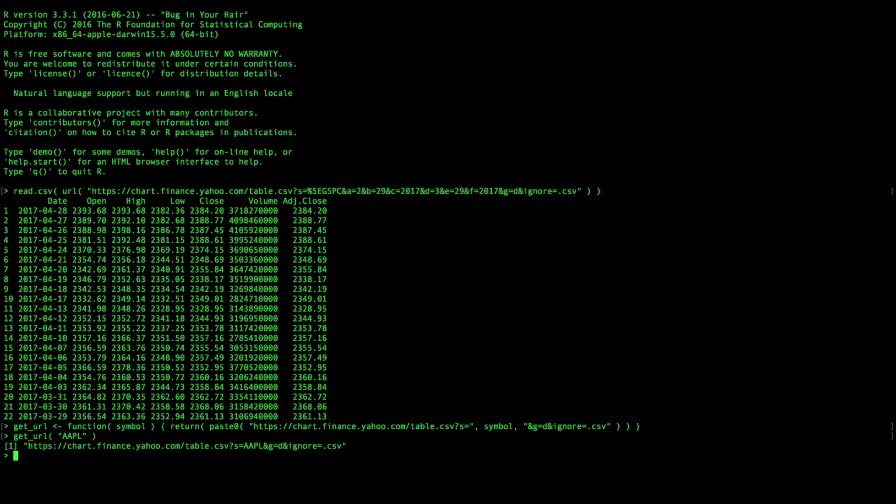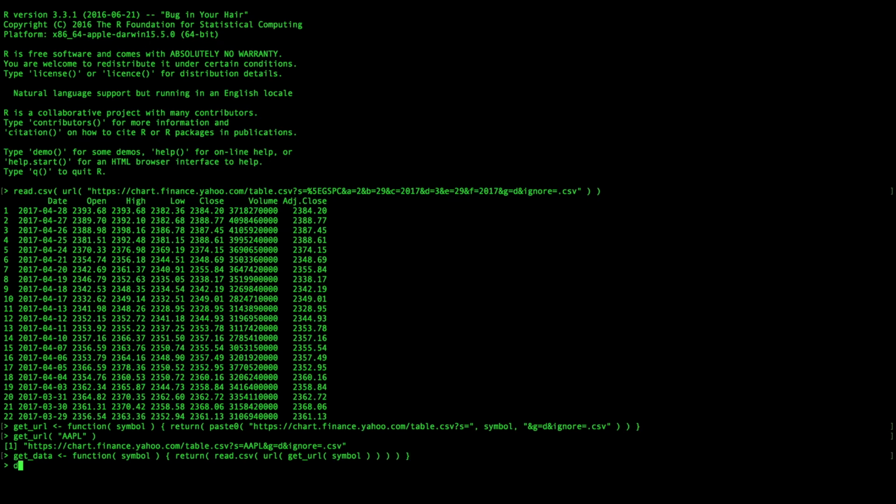So now I just have to replicate the same steps I did above to go ahead and get that CSV. So I'm going to create a function, getData, because this is going to actually get the data from Yahoo using a very similar means. I just create a function for it of that symbol, and I'm going to return the read CSV function applied to the URL function, and this time insert my function call to getURL. So all I did was basically generalize what I did in the first line to an arbitrary symbol. So I'm going to go ahead and close out my function here,